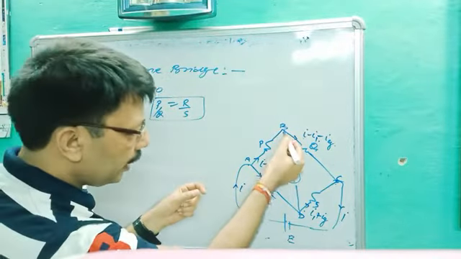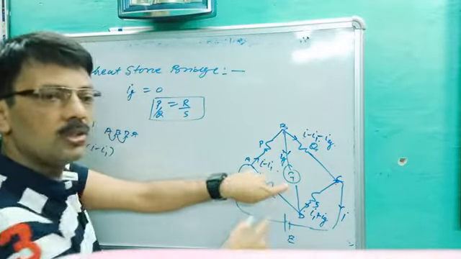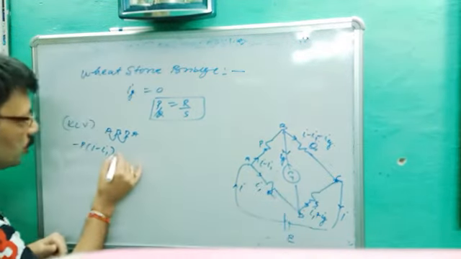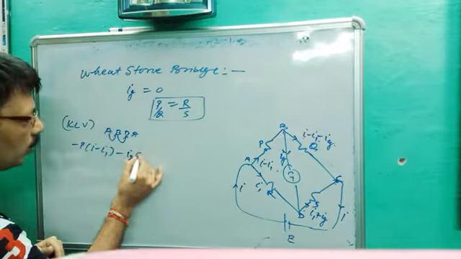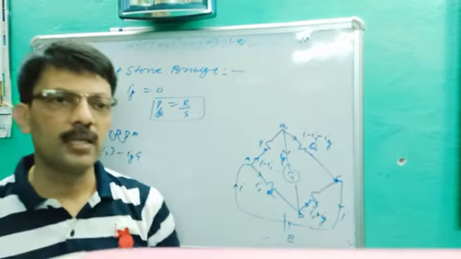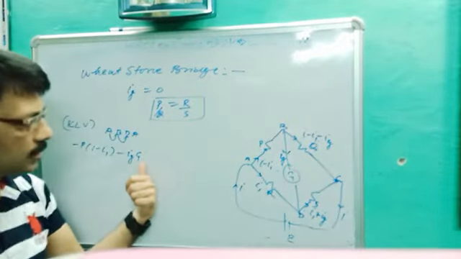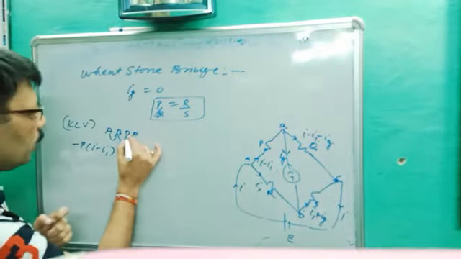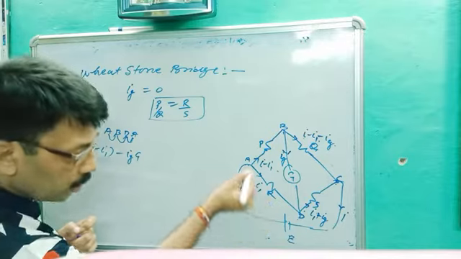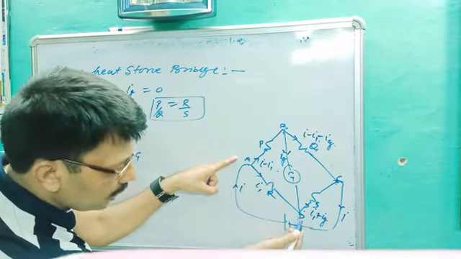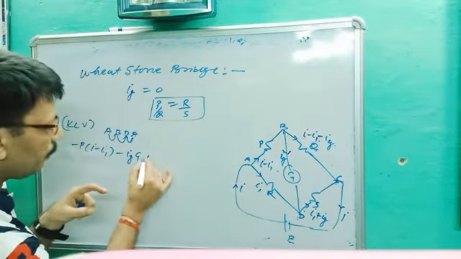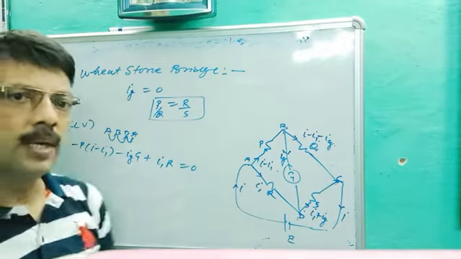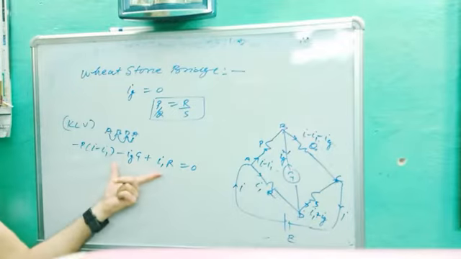Okay. So B to D, the resistance is G. G is the resistance of the galvanometer, and Ig is the current. You are moving in the direction, so it will be minus Ig into G, current and resistance. Okay. Next, D to A. Current is moving from A to D, and you are coming from D to A, so it will be plus I1R equal to 0. Very easy point. This is the Kirchhoff law of voltage.